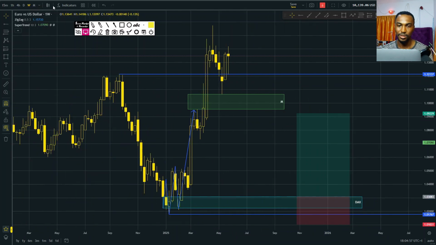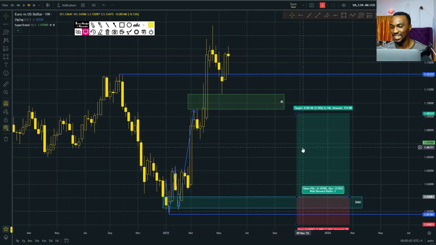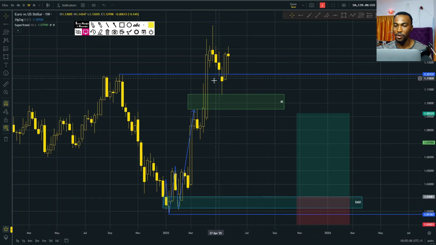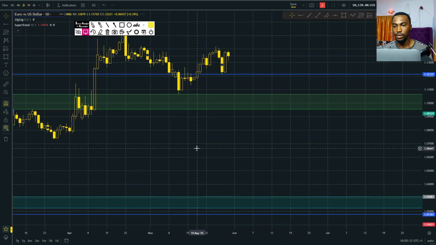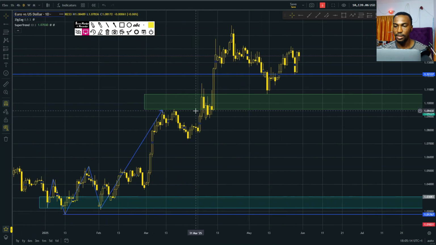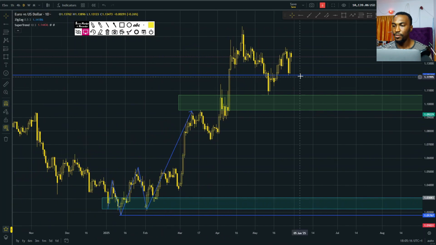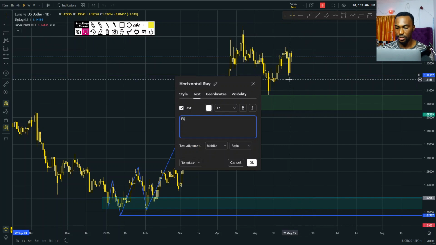But take note, this is the weekly time frame, right? So it's going to take a long time. It could take a year, it could take a year and a half for price to find its way here. Or if price starts to make these tremendous runs as usual, it could find its way down here. On the daily, on the other hand, what I have here is, let me put this back as the first line of defense.